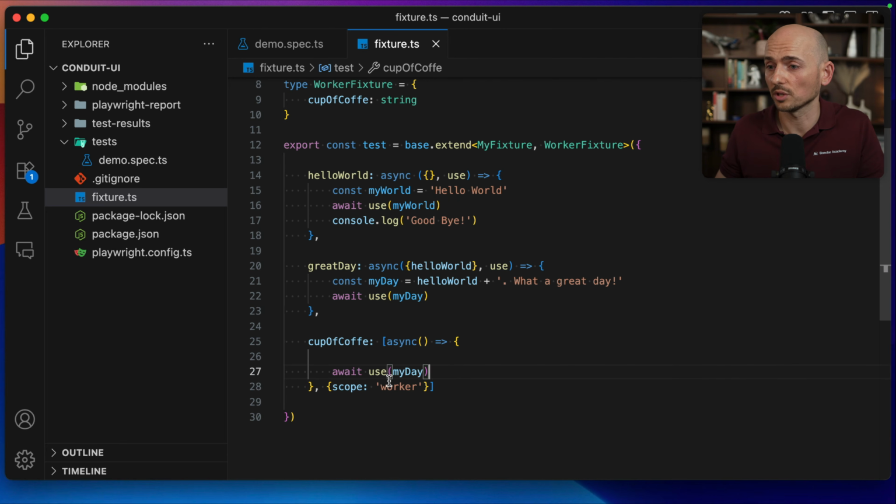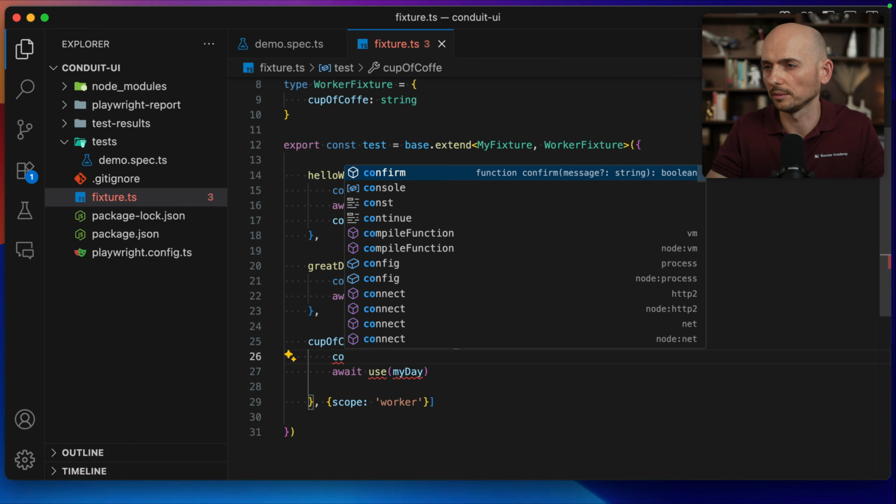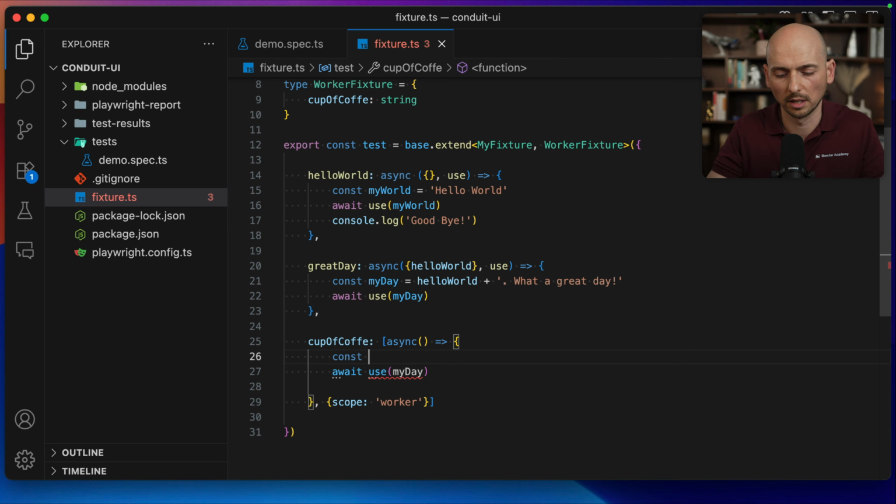You can use a use block the same way. Everything you put before the use will be executed before the test. Everything after the use will be executed after the test. And let's create a new constant over here. For example, const, let's call it cup, the cup of coffee